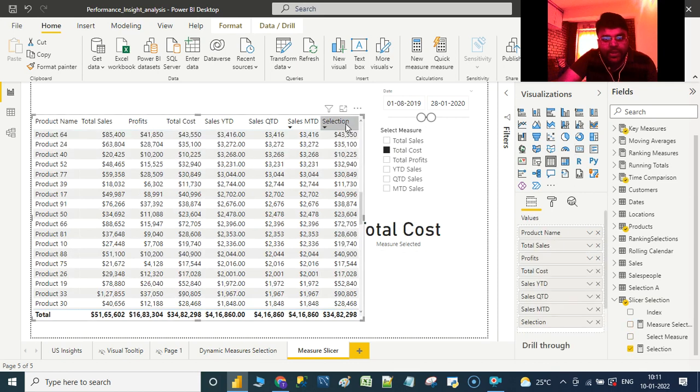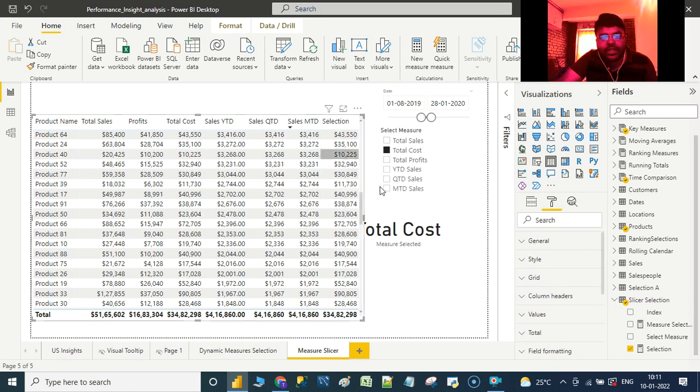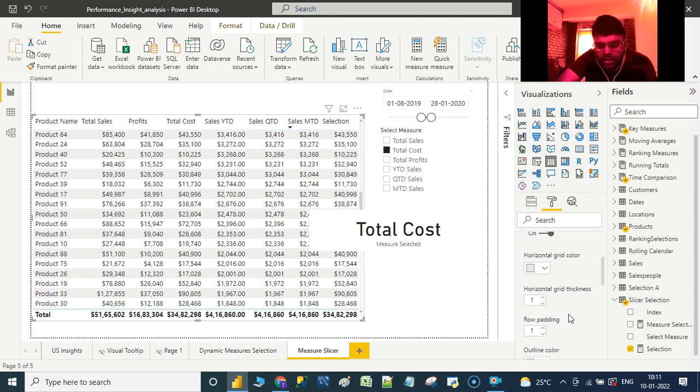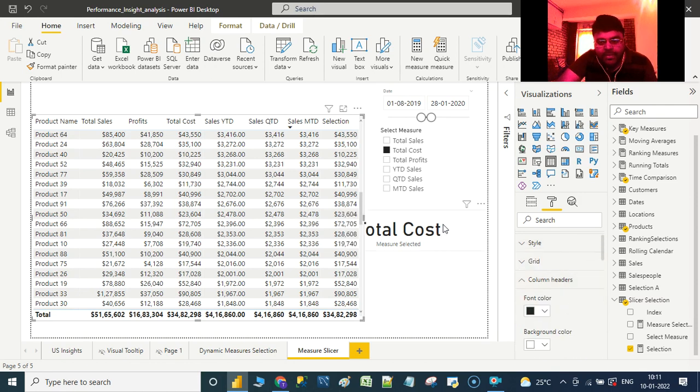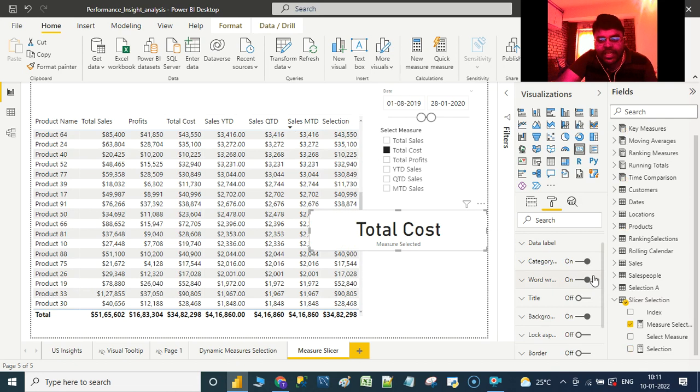If you click on total cost, we get total cost, and so on. So now what we do is we envelop the header dynamically. Let us have a look at the format conditions of the header that has been set over here in the visual. Let us look at the style and the grid. Sorry, that's column headers. Sorry about that. Let us go to column headers, since we need to convert this particular element into a header which is present in the table visual.